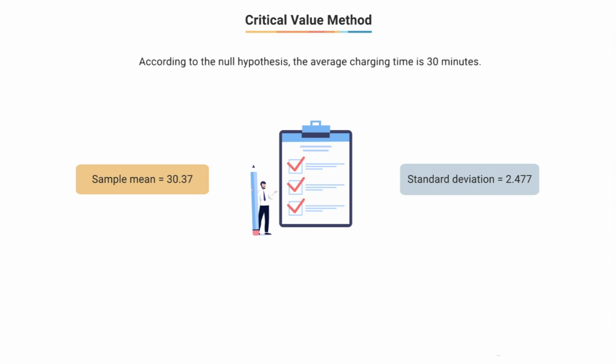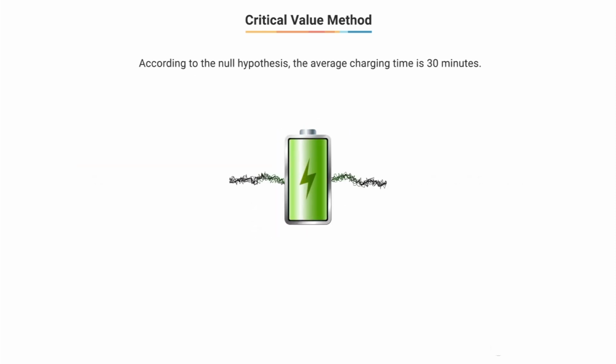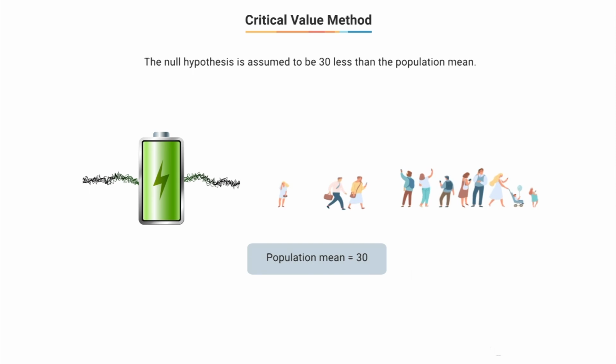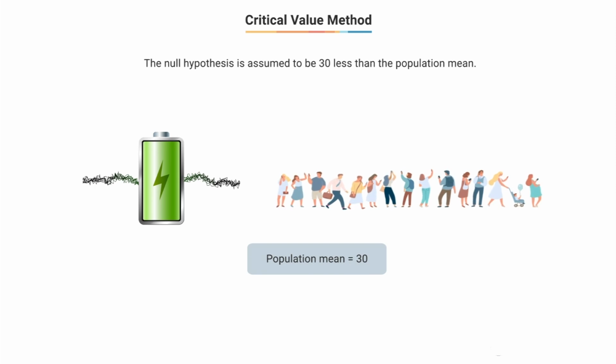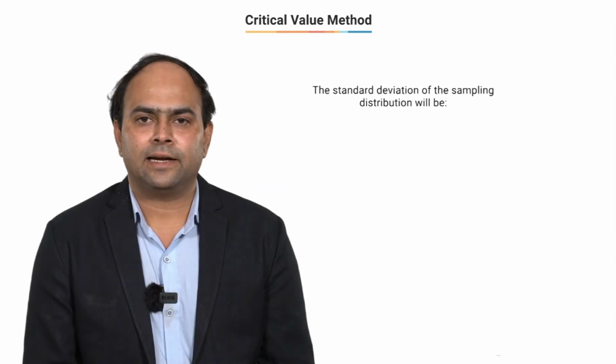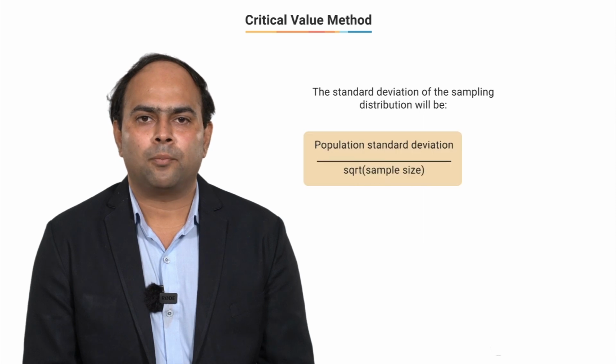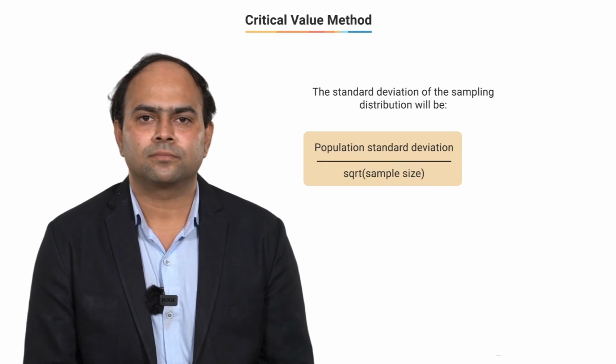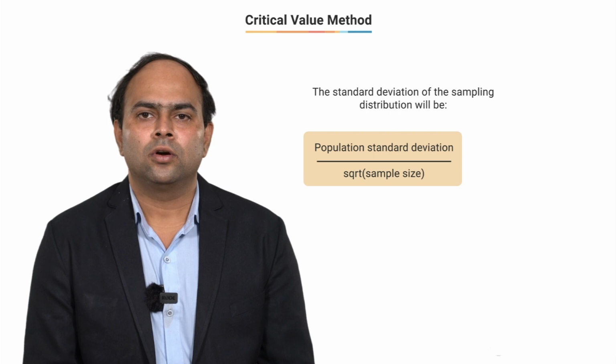Now remember that the null hypothesis stated that the average charging time is 30 minutes. Hence the population mean is assumed to be 30 under the null hypothesis. Now using the central limit theorem, the sampling distribution of this population will have a mean which will be equal to the mean of the population, which is 30. The standard deviation of the sampling distribution will be the population standard deviation divided by the root of the sample